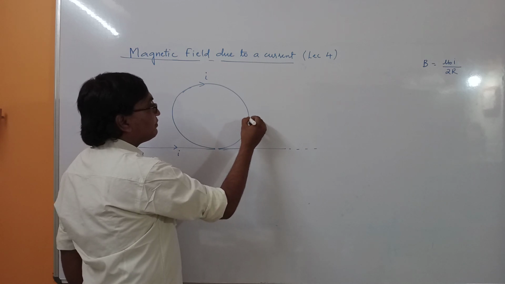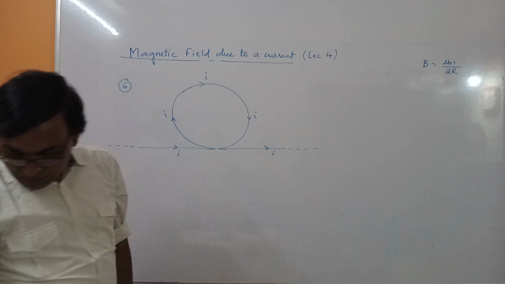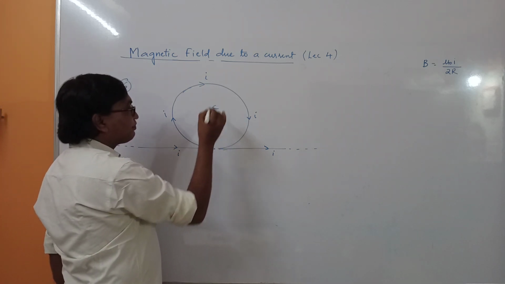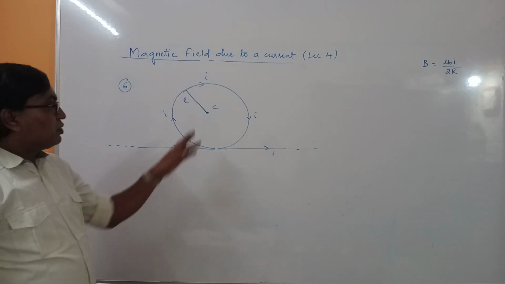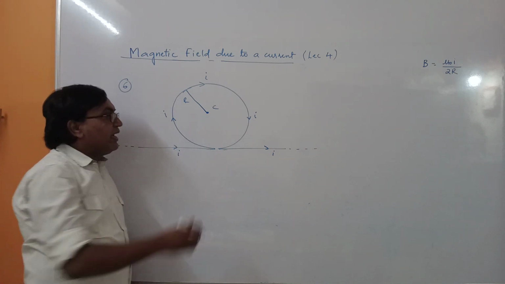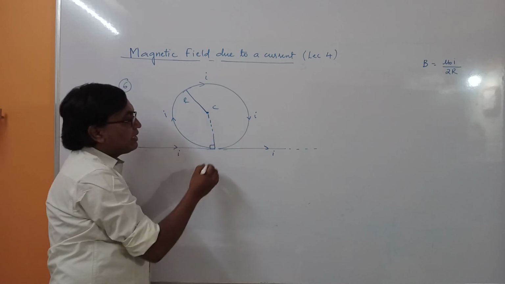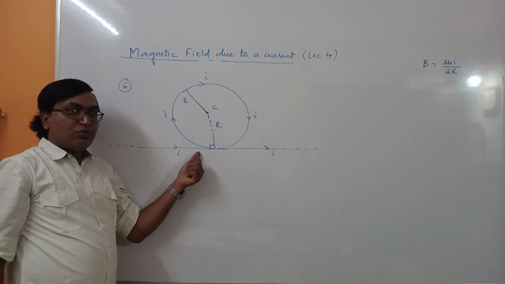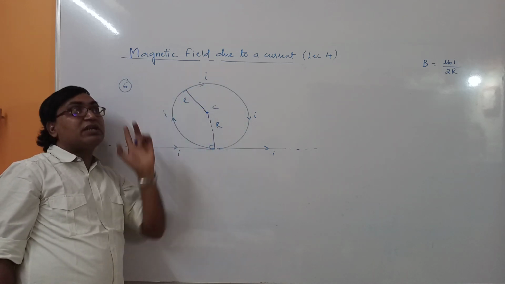So then the current will come out. Now radius is R. We have to find out the magnetic field at the center, and radius is R. Okay. So now at the center, this is a semi-infinite wire. The perpendicular distance is R for both the wires. Now magnetic field will be due to this wire, due to this wire, and due to the circular loop.